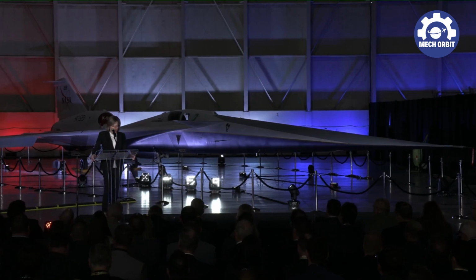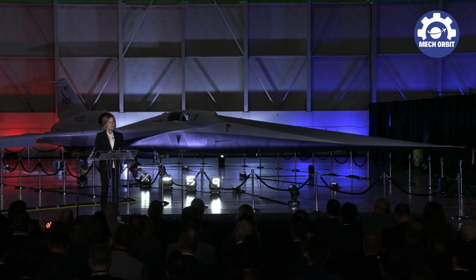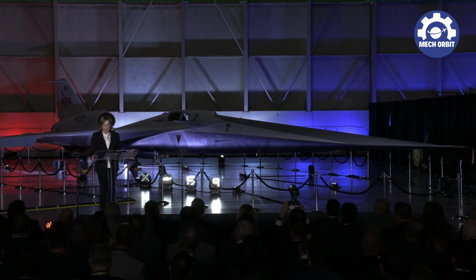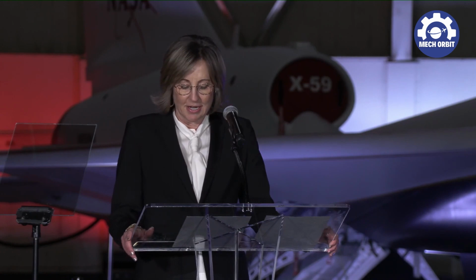As Senator Bill Nelson says, NASA gets things done. Things that inspire us, things that unite us, things that show nothing is beyond our reach. And this project certainly demonstrates that, the X-59, and we're just getting started in terms of the scientific benefits that this program will unlock. The X-59 is the first and only quiet supersonic aircraft in the world,